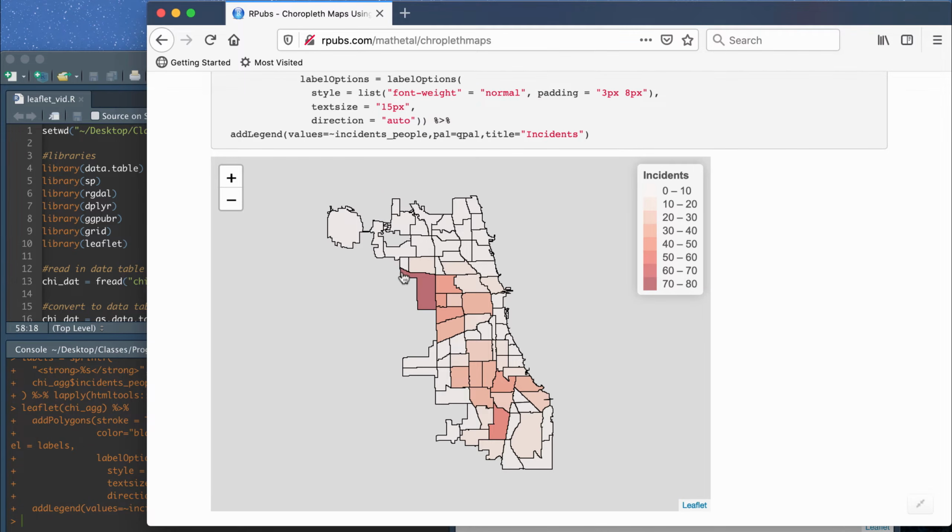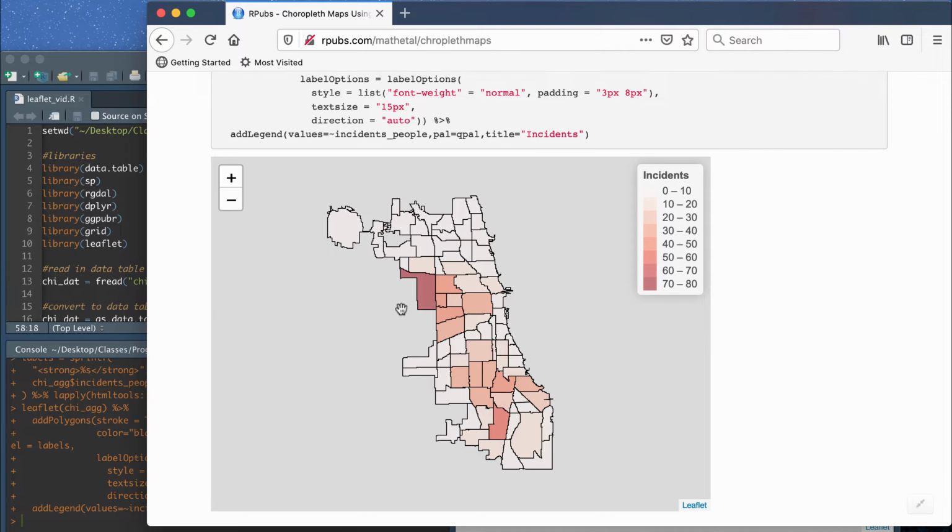So this is an example of a Choropleth map. A Choropleth map is a spatial map that's broken down according to certain boundaries. In this case, my map is of the city of Chicago, and it's broken down into community areas. So there are 77 different community areas in Chicago. I did my previous two spatial data analysis videos on the same data set, so this is a continuation of those videos. And basically what you can do is color the different regions of your map based on